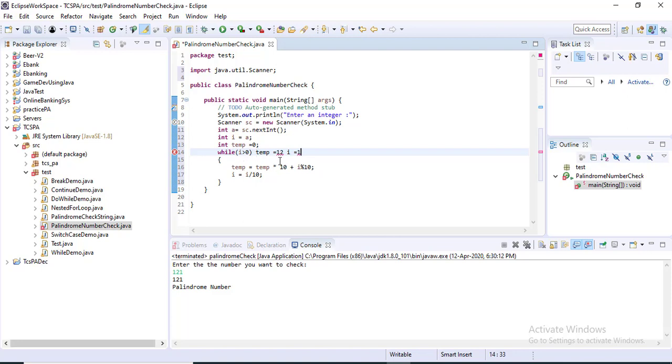Temp equal to 12 star 10, that means 120, plus I mod 10. I mod 10 means 1, so that means 120 plus 1, 121. Okay, so in this way you can reverse the integer input. And once it's done, outside the loop you can just check if